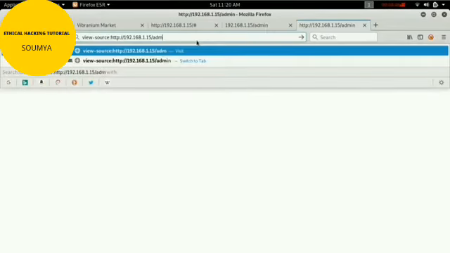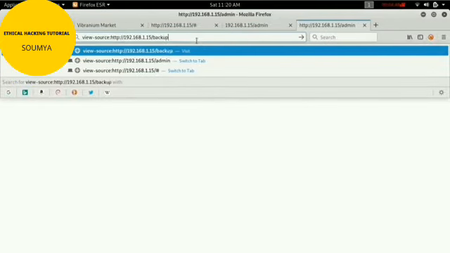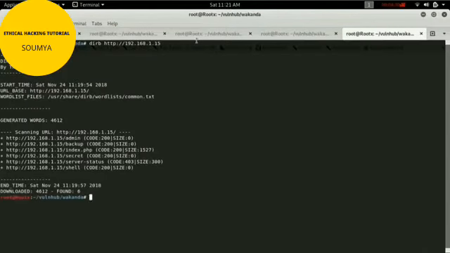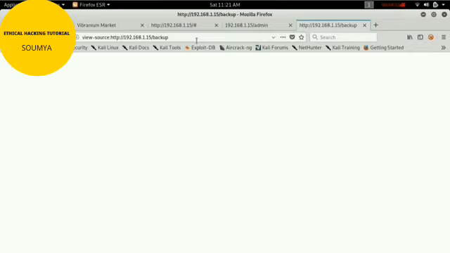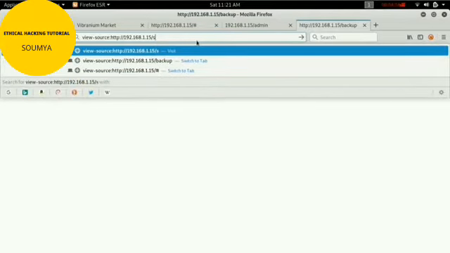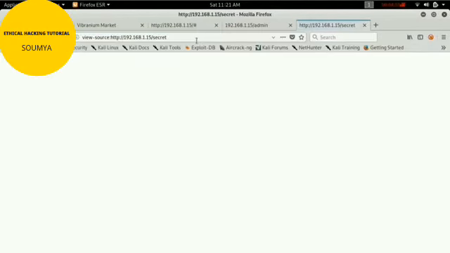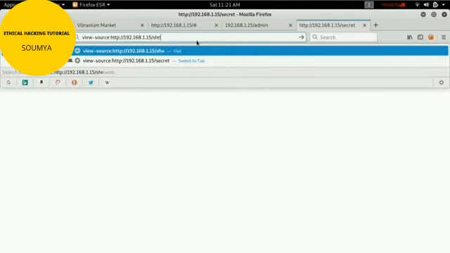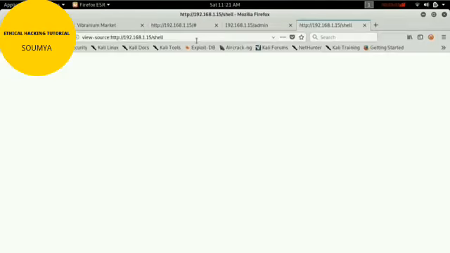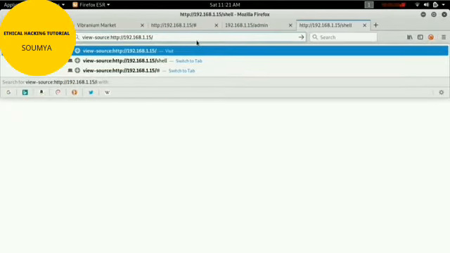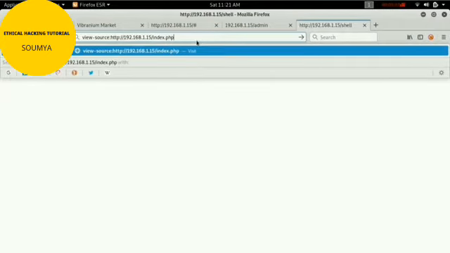Let's check with backup, nothing. Let's check with secret. Let me check with the shell. Nothing. Maybe index.php. Yeah, it's the same page.